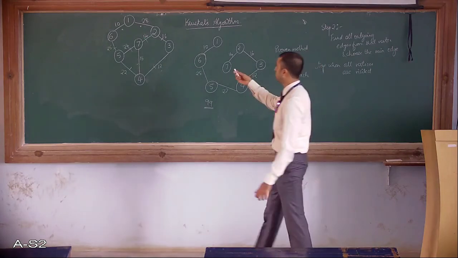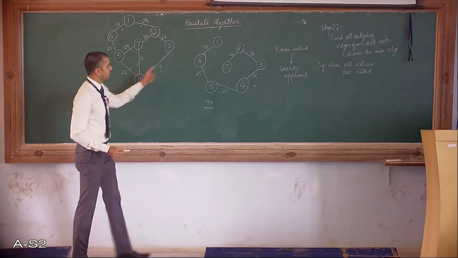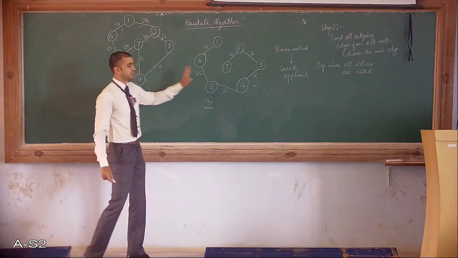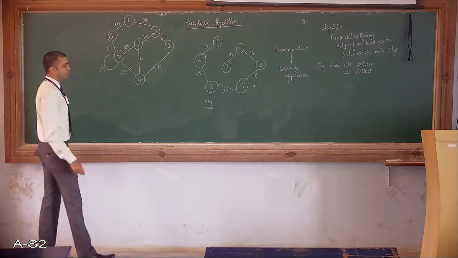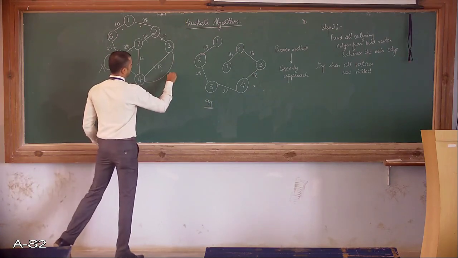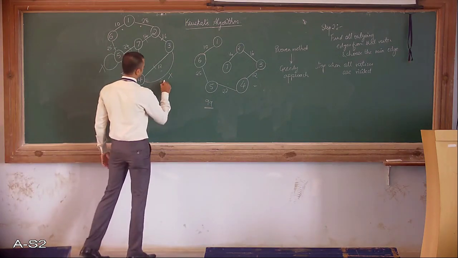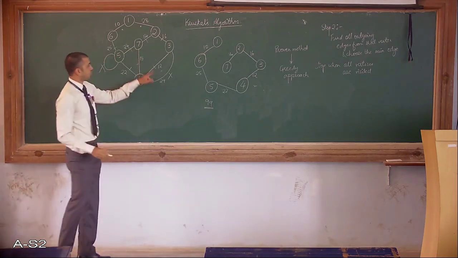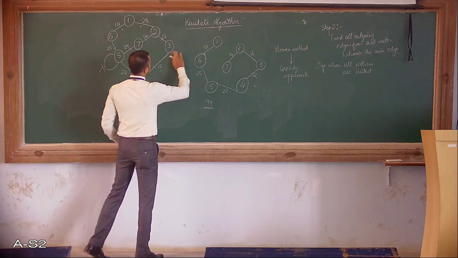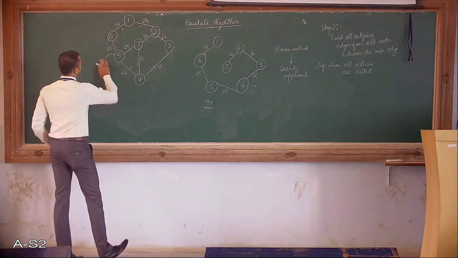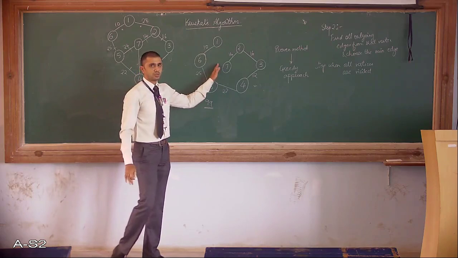You can take any example, any undirected weighted graph, and come up with a minimum cost spanning tree. Two things you need to remember: no loops and no parallel edges. You eliminate parallel edges based on the cost associated with them. Whichever is maximum, remove it, and also remove self loops. After doing this, come up with a minimum cost spanning tree.